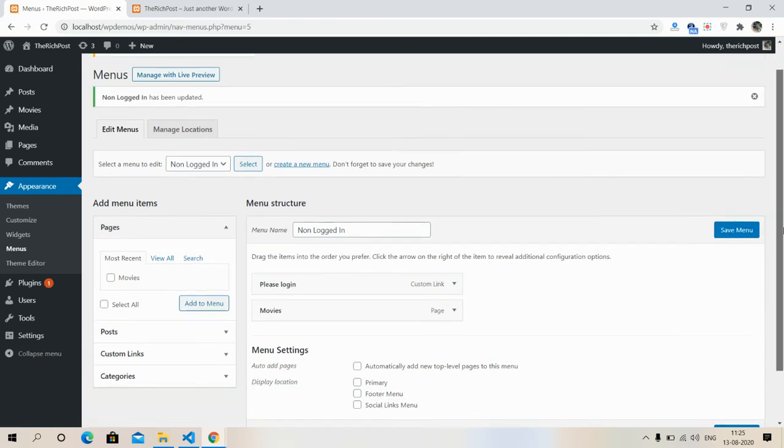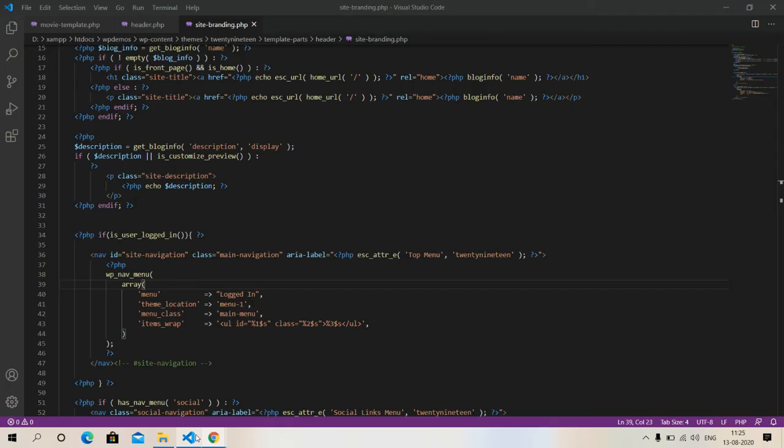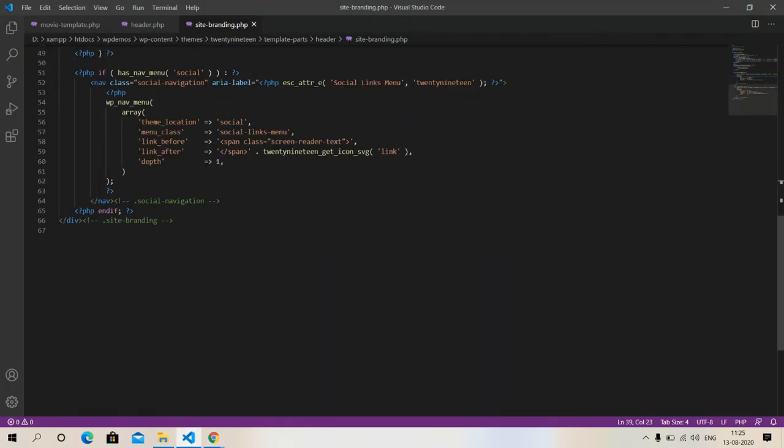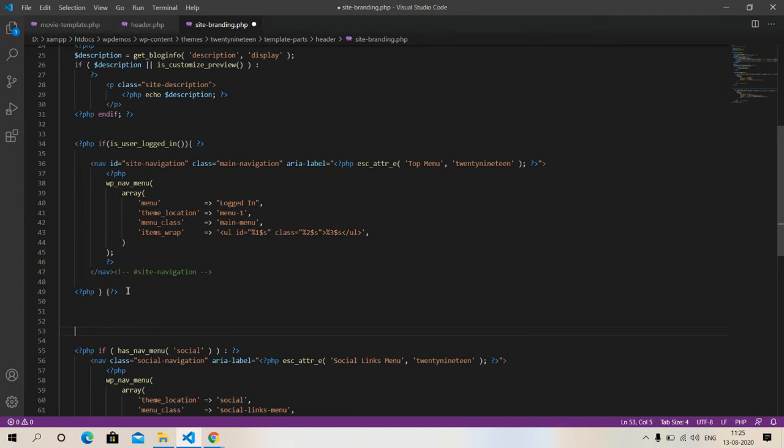So friends, now I will make the code for non-logged in users. Curly bracket begin and curly bracket close.